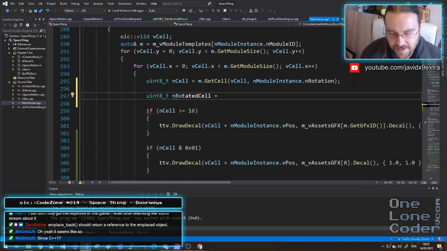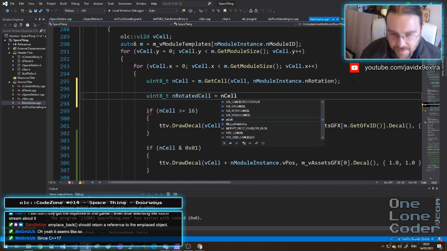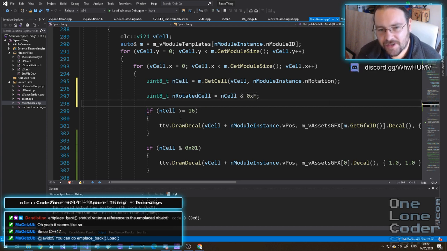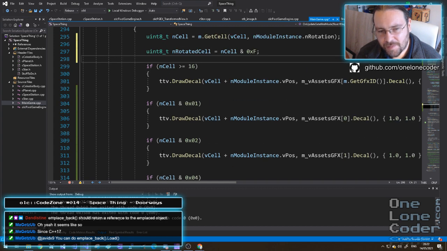Rotated cell is actually going to be our cell value ANDed with the bottom 4 bits, which represents our door state. I'm not interested in the 16-bit state at the moment. Because what I might do is